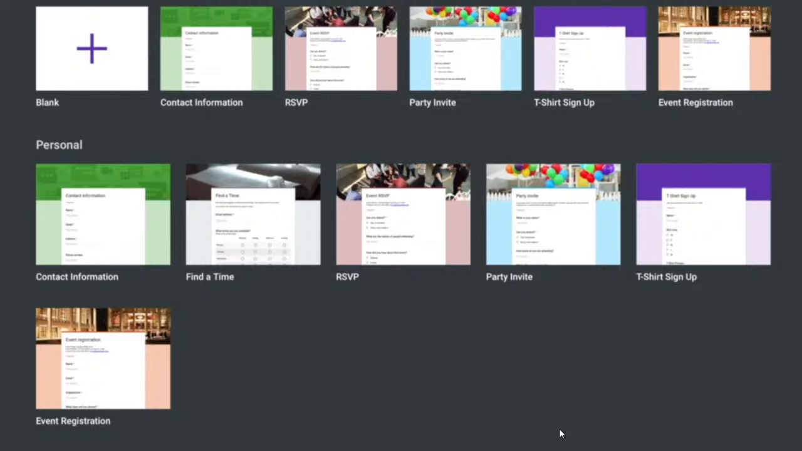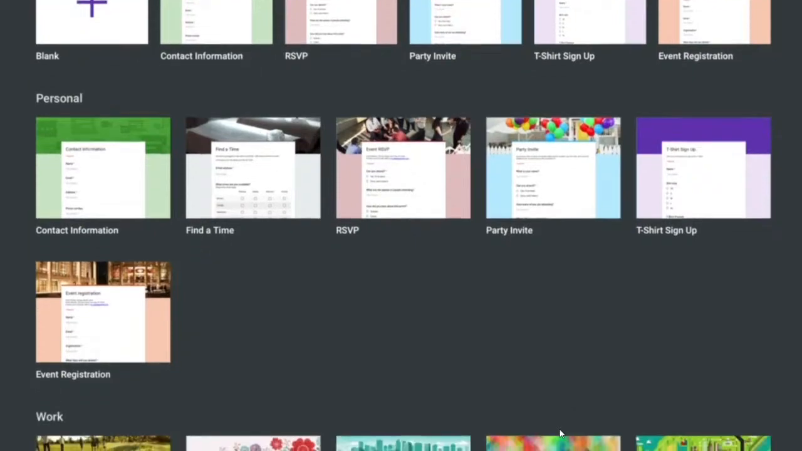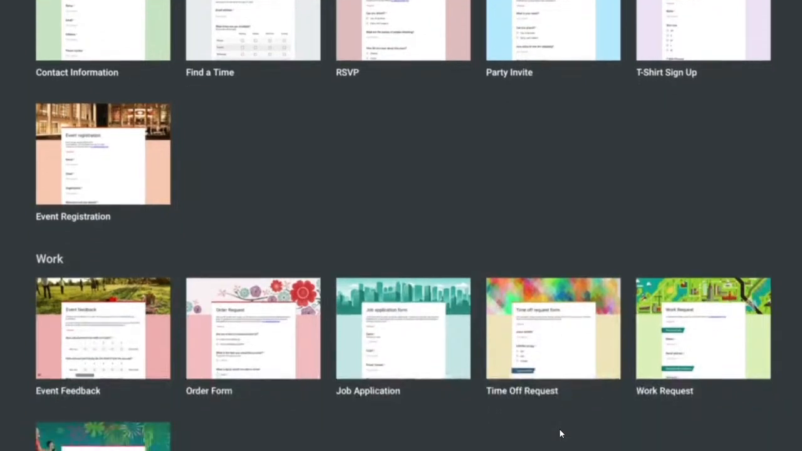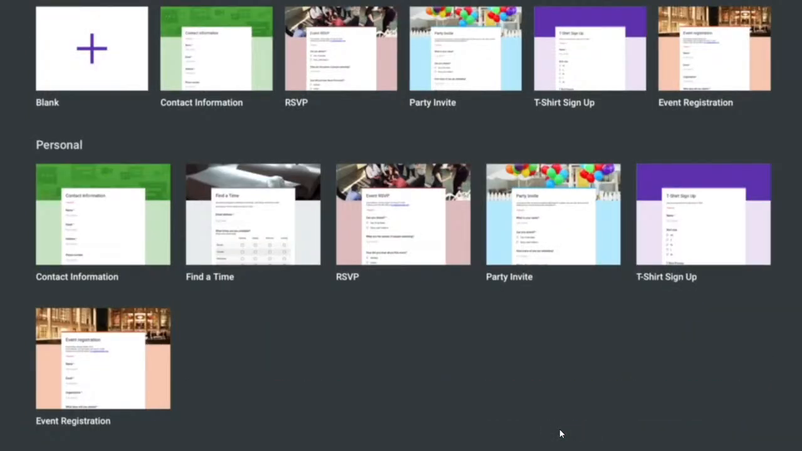Here you can just trigger any of the forms in order to make it your own. You can find different templates named find a time, contact information, t-shirt sign up, party invite, event registration, and more. So you can use any of these forms if you want, but it's not good to use the